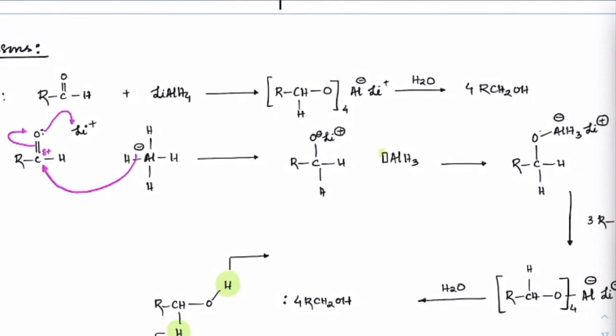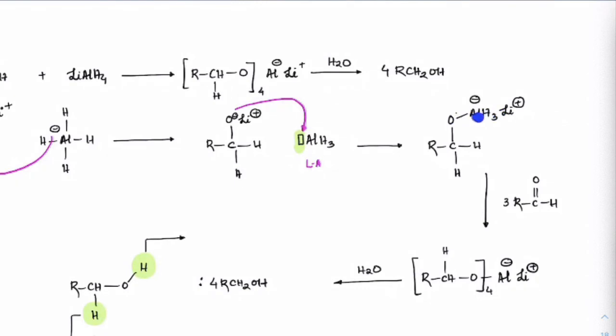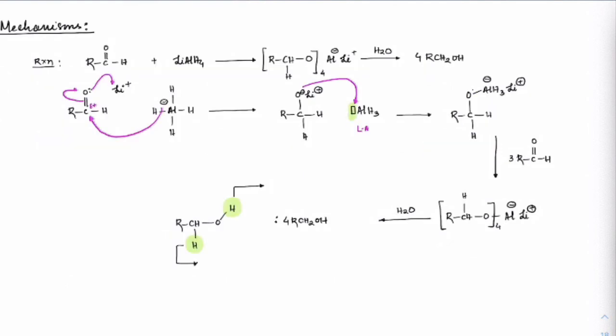Now one thing we can observe here is that the AlH3 which has come out of it is electrophilic again. This is a Lewis acid, and O minus is a very good Lewis base, so it would prefer to make a bond with aluminium more, because aluminium is less electropositive than lithium, correct? So this can make a good covalent bond. So oxygen will attack AlH3, it will form OAlH3 minus and lithium plus. This form is going to come. So the same thing will happen with the AlH3 minus which has formed here.